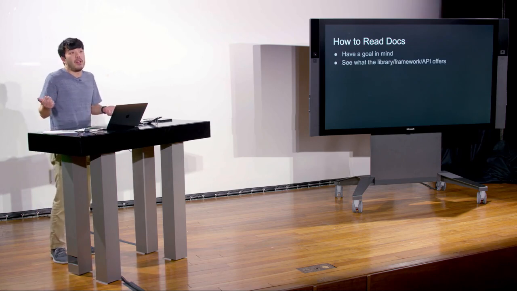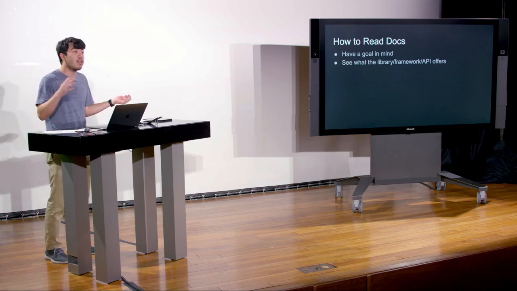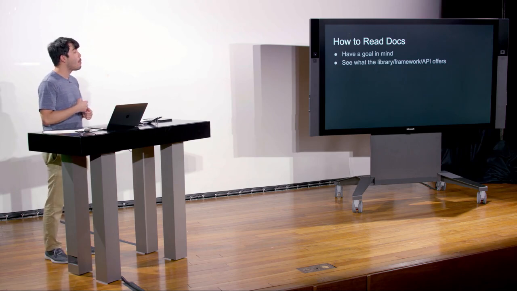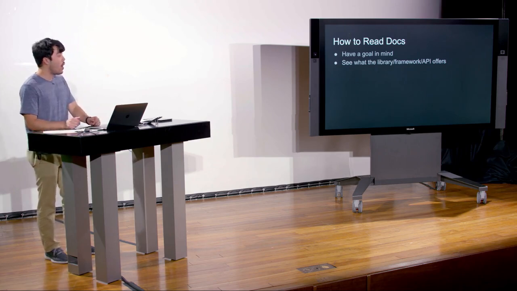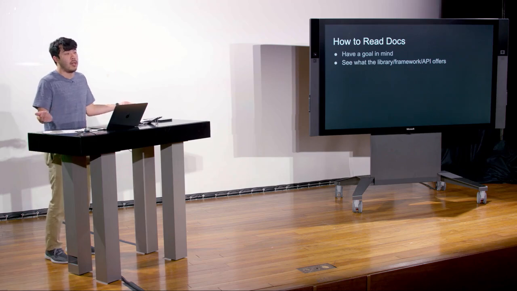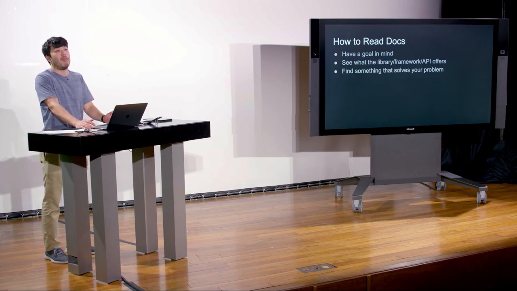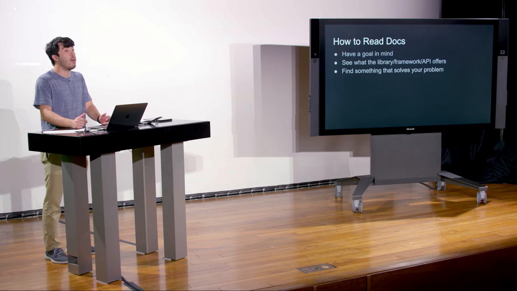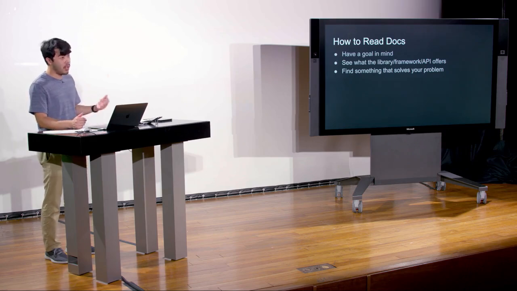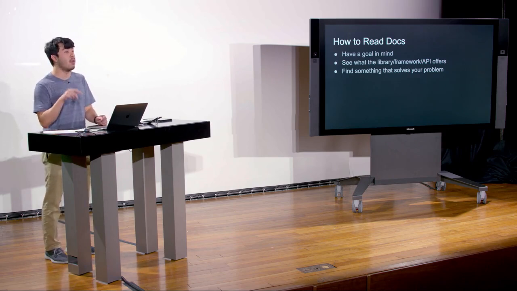Then just see what the library or framework offers. The way I did that was I just browsed through the docs. They're linked in this presentation, and I'll link them in the resources tab on the website. But just see exactly what the library has to offer. Then find something that solves your problem. There may be multiple things that solve your problem, but try to find the thing that best solves it. In my case, for that particular Boolean switch, I saw that they had something called a Switch that just renders a Boolean flag that you can tap and flip,